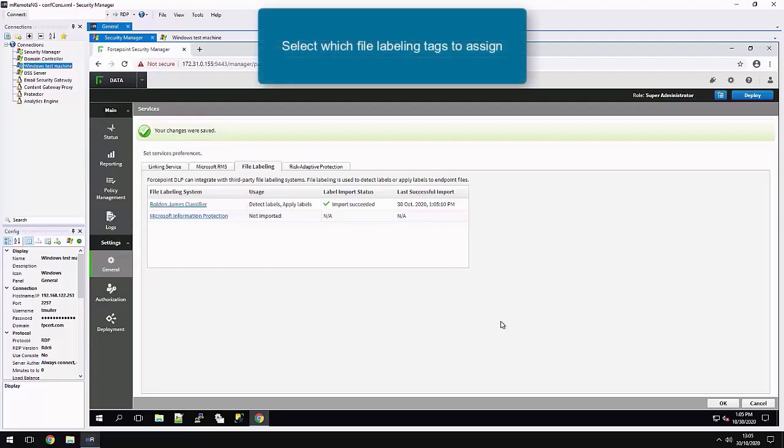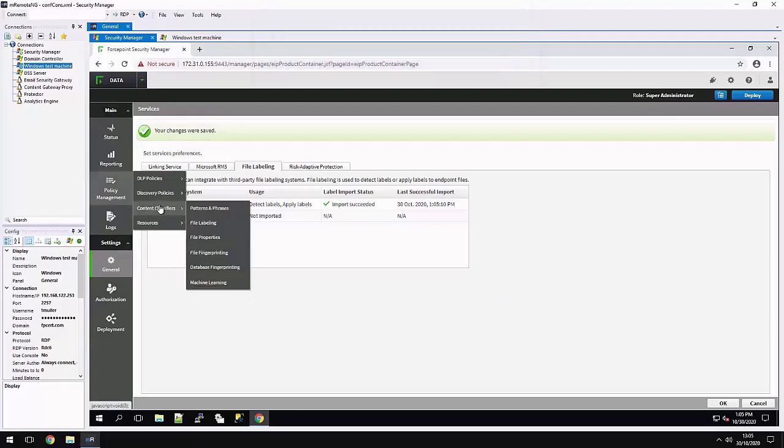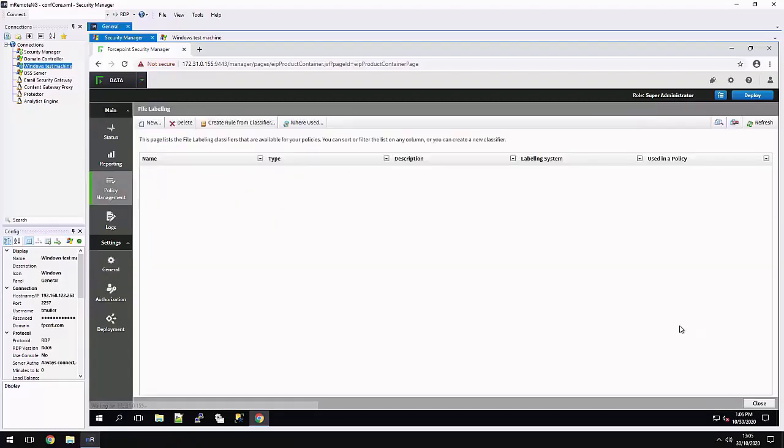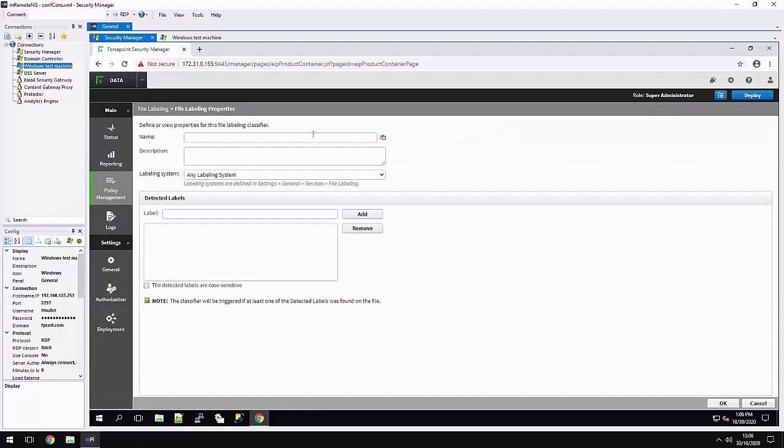We are now going to create a classifier. So let us go to our Policy Management, Content Classifiers, and we are going to select File Labeling. We'll click on New for a File Labeling Classifier. Going to provide a name.